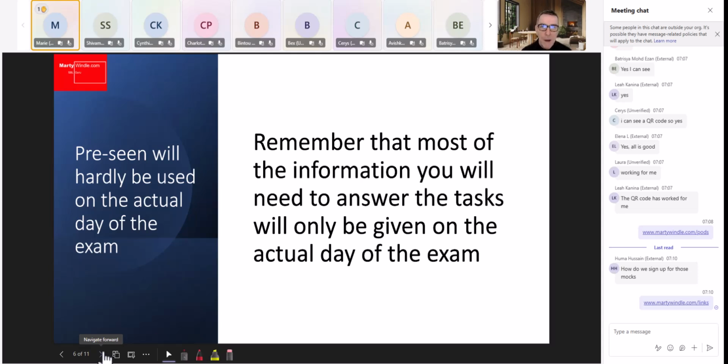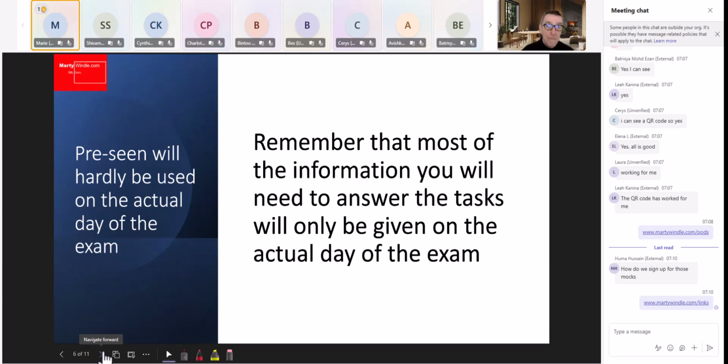They're going to give you information in the post-seen. The pre-seen is really background information. They will not ask a full question based on things in the pre-seen. Sometimes people get obsessed with the pre-seen. Oh, it's definitely going to be this. I can spot this. It's very clear. But actually it's not, because the exam is going to be based on the post-seen.